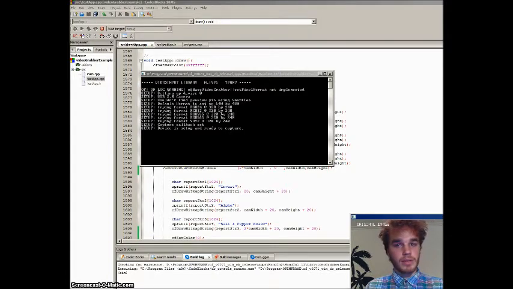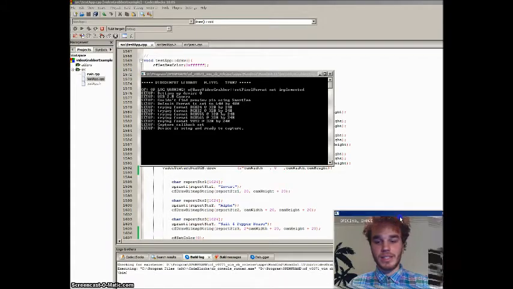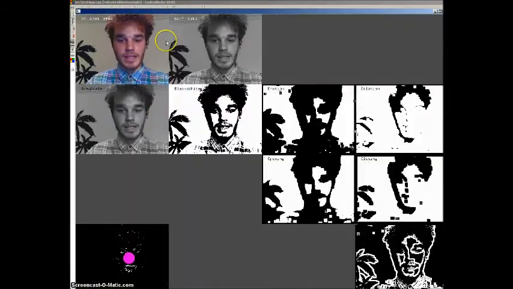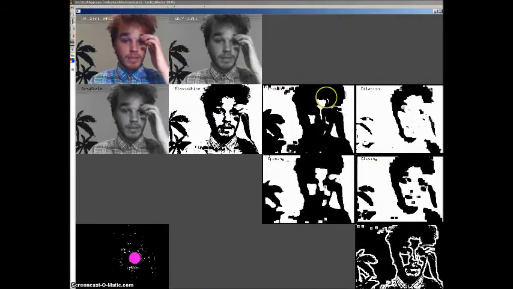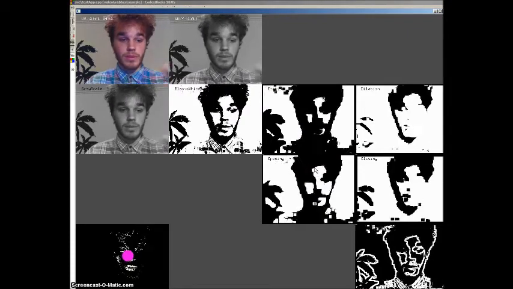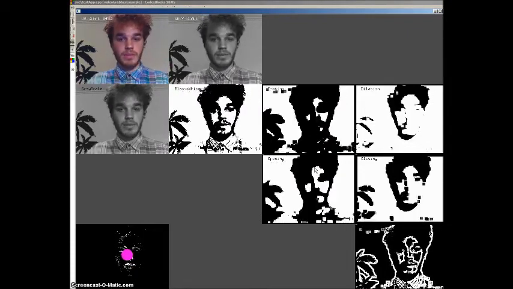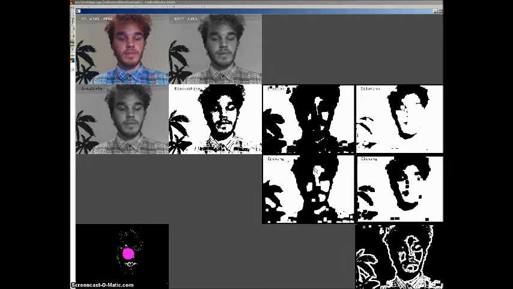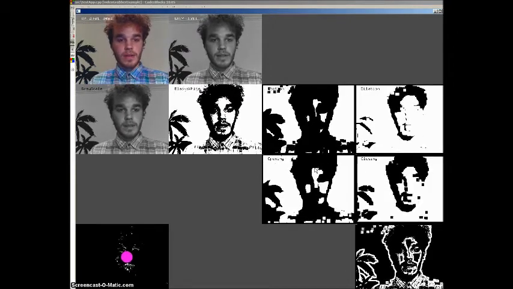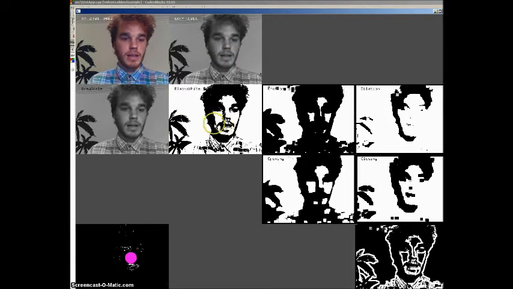I'll try to do it as quickly as I can since we have a lot of filters to go through, but I'm going to cut for each filter when I explain it, so it's going to go a bit faster, I hope. So let's have a quick glimpse at all the images I made. I also made it like this, so some of them are more laggy than others because they're pictures shown at the same time on video. So yeah, this is one of them where you see the original image, grayscale, black and white,